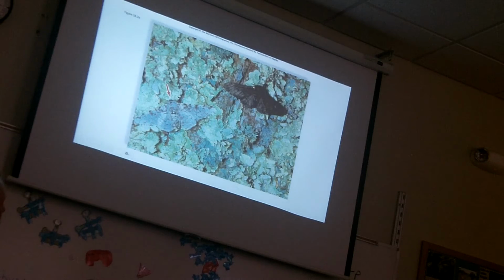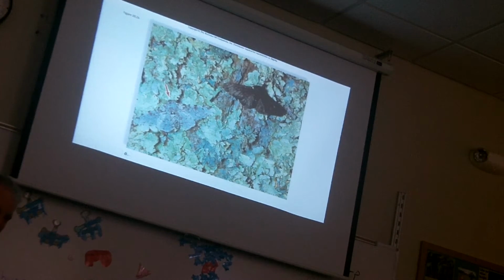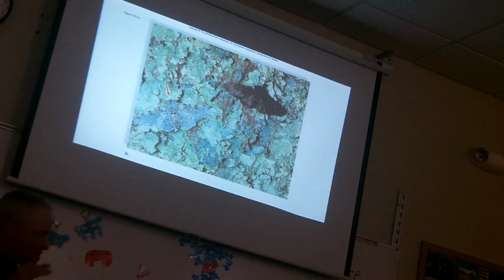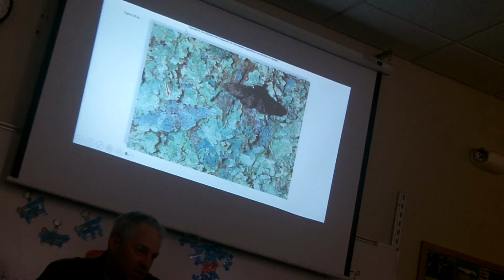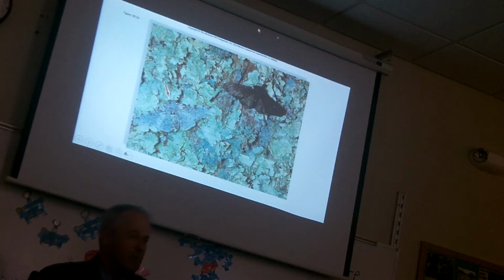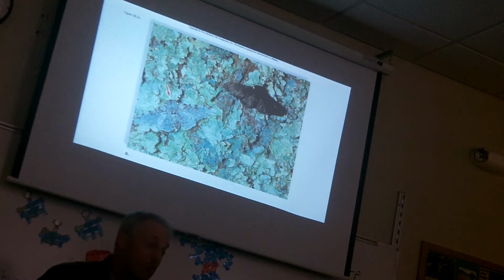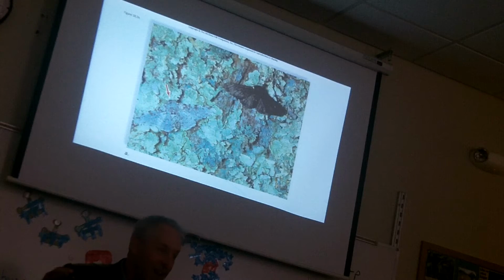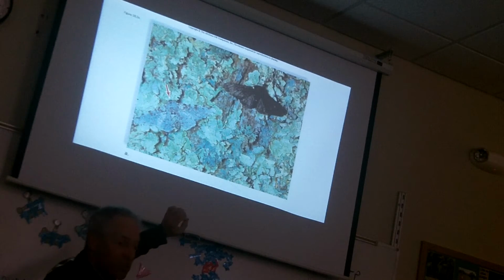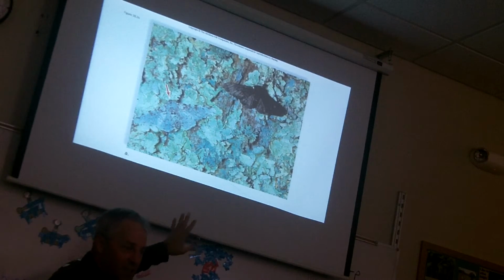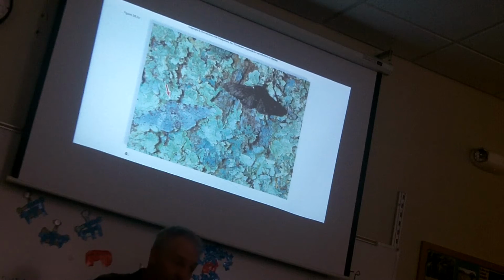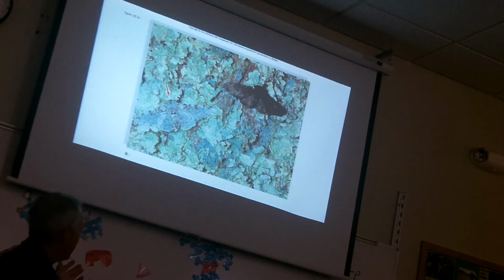So microevolution is something, these things are still peppered moths, even though they change color. So it's a change within a species. It would be like if all humans all of a sudden got dark hair or something like that. We haven't seen a change like that in humans, but we'd still be humans, just we'd all have dark hair. Well, these are still moths. These are still peppered moths. They're that species, but they change completely what color they were. When we look at this,